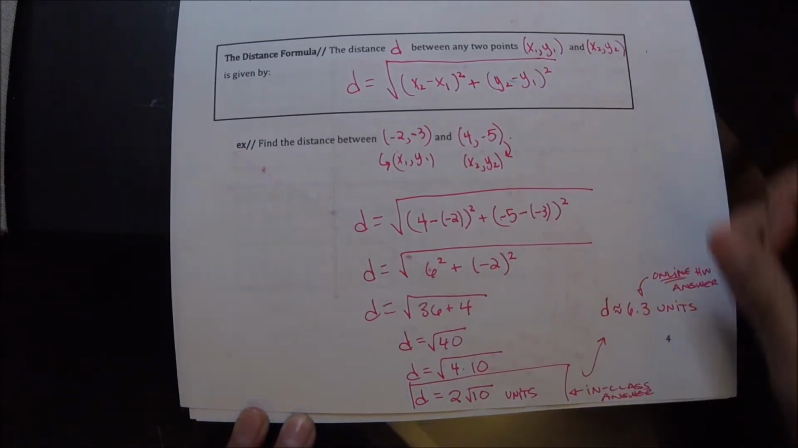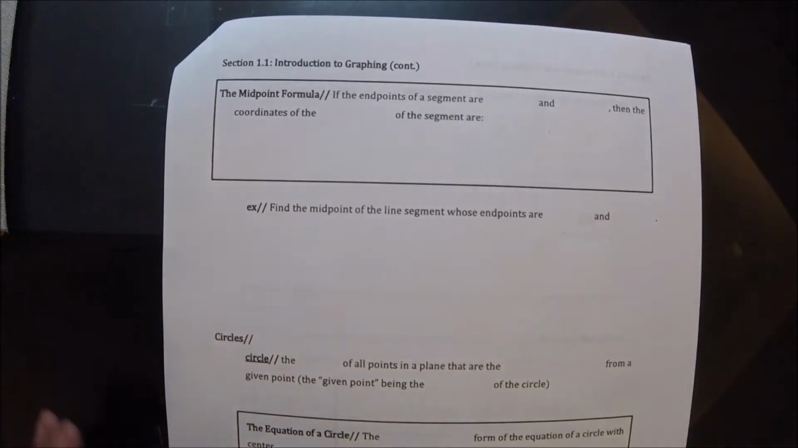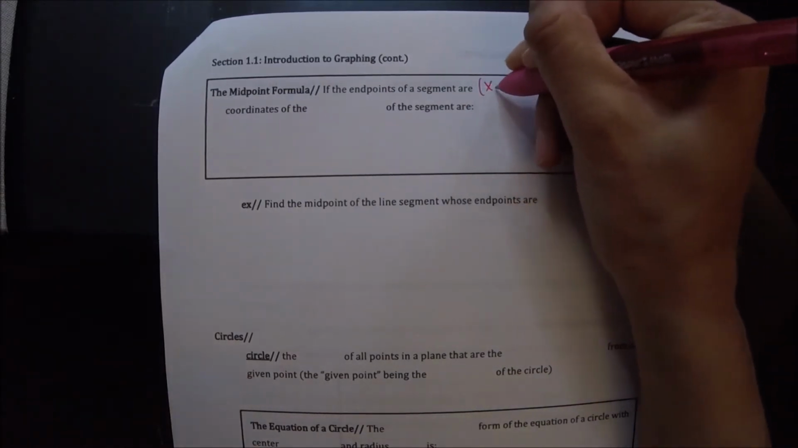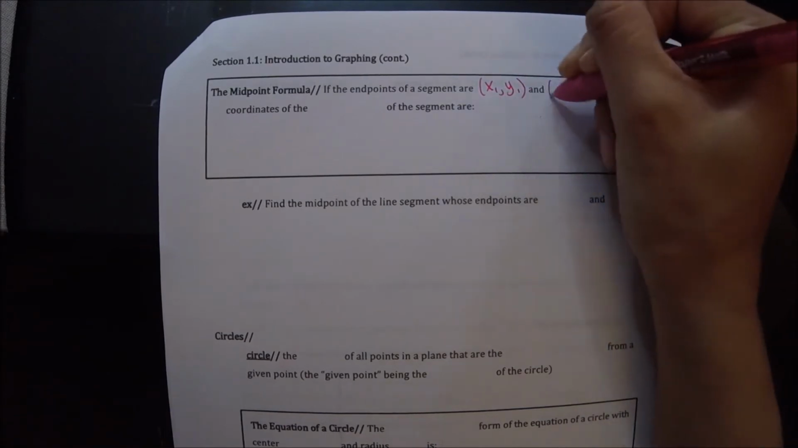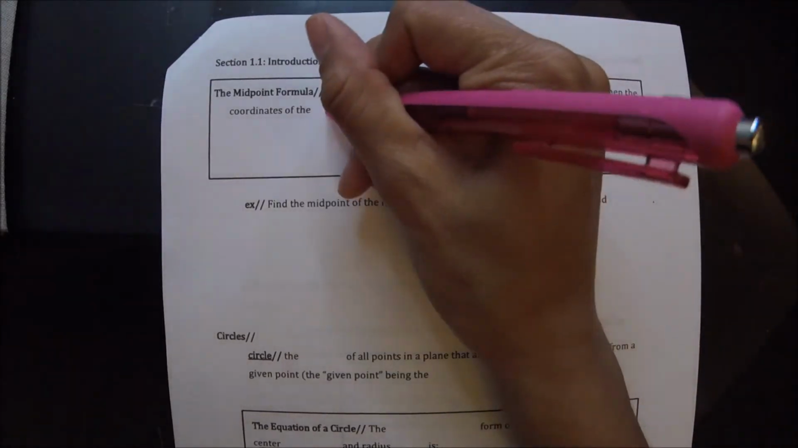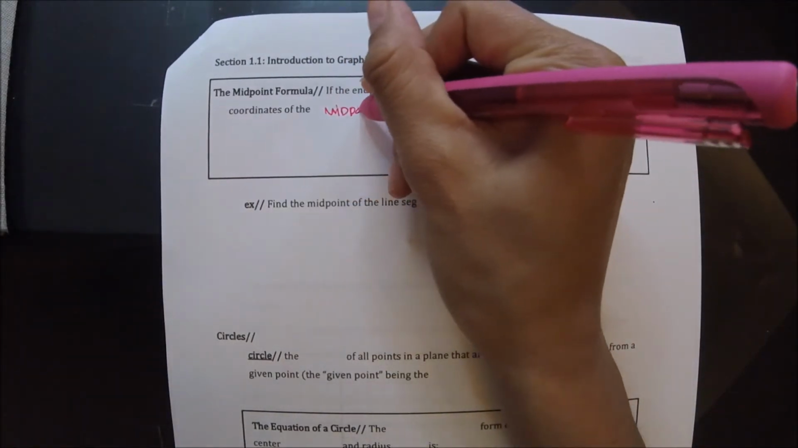And moving on to the top of page 5, now we're going to talk about the midpoint formula. So this formula, you still start with 2 points, but this time instead of finding the distance between them, you're going to find where's the halfway point between them. So if the endpoints of a segment are x1, y1, and x2, y2, then the coordinates of the midpoint of that segment